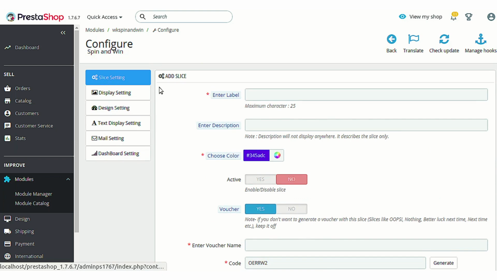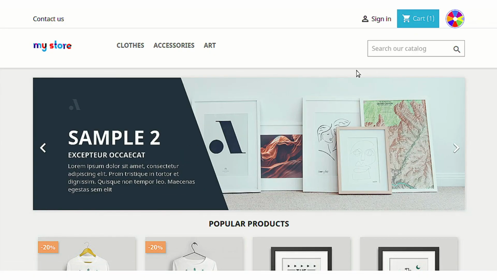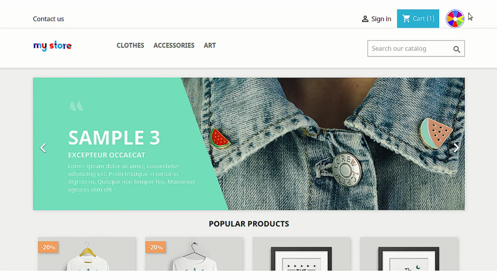Now let's just go to the next section, that is display setting. The first option under this section is display spinner. I'll just take you to the front end of the shop and show you that here is an option, or the monogram, you can say, that is added after the installation of the module,